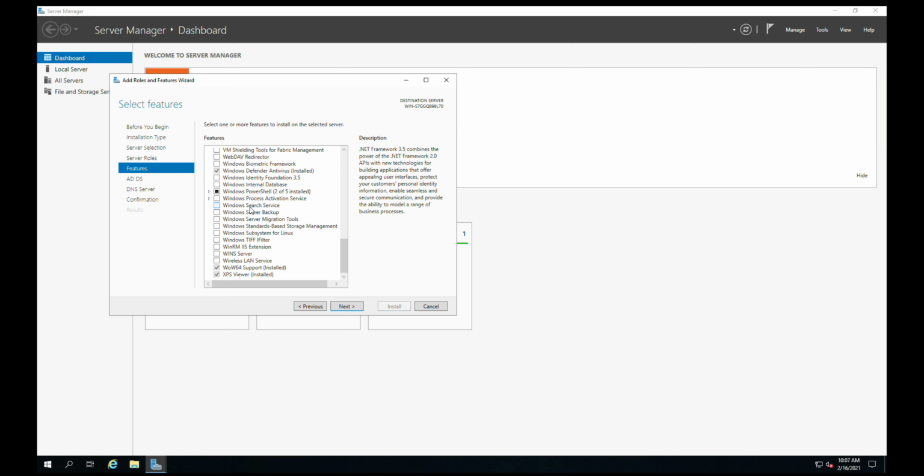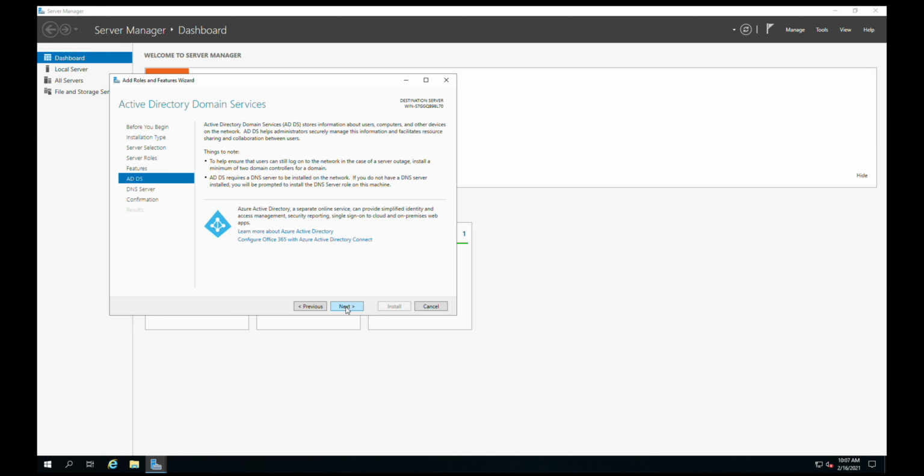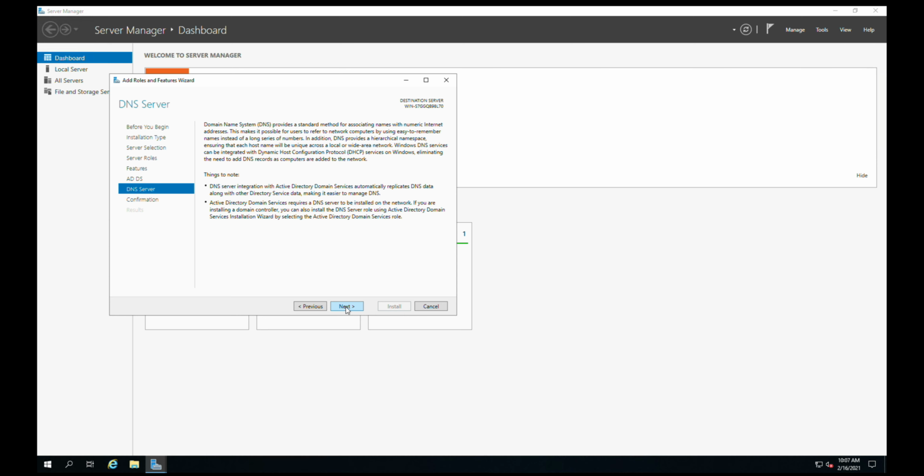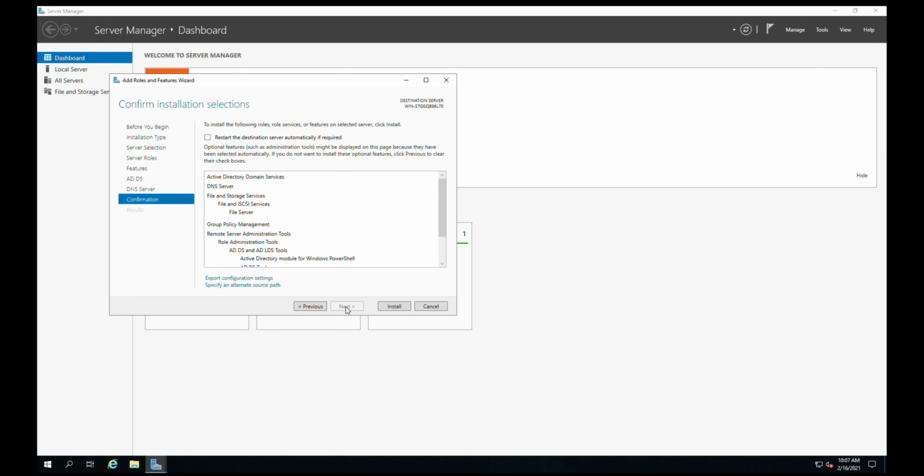So, okay, that's it. Let's see, hit next. We're not doing a hybrid domain with Azure, so we don't have to worry about that. And now where it's a new install, I always just go ahead and hit the restart automatically, because you're not